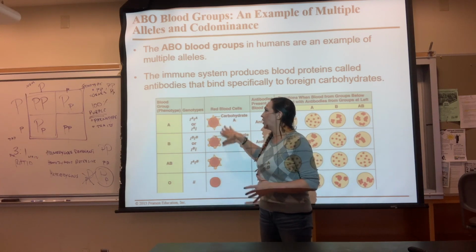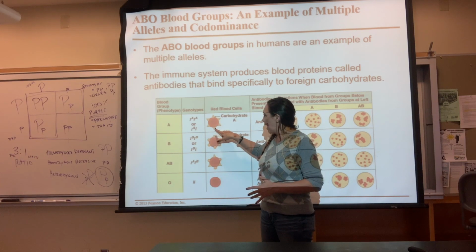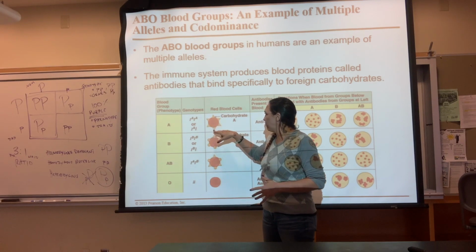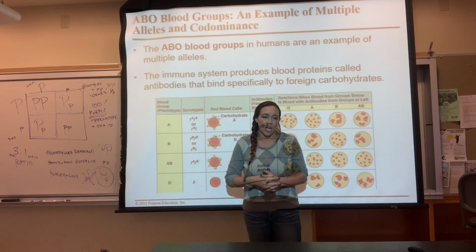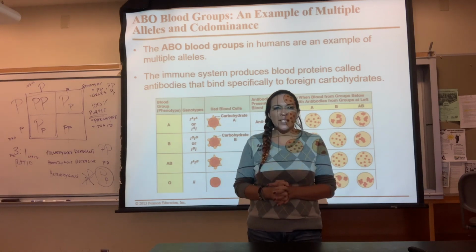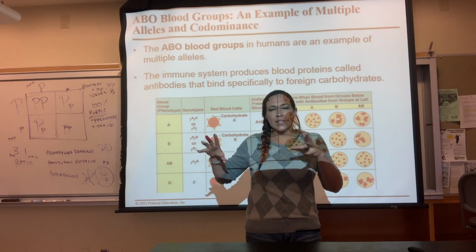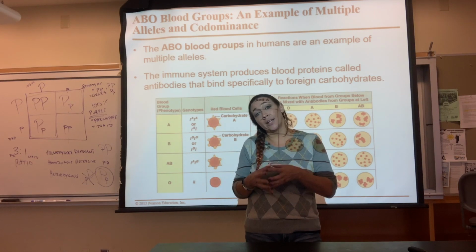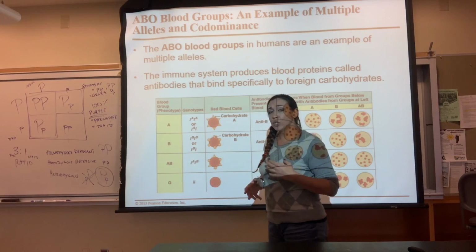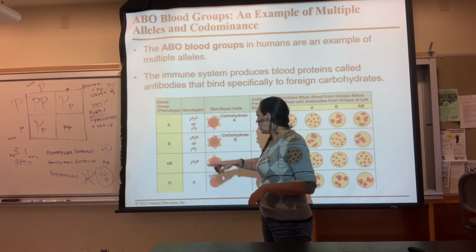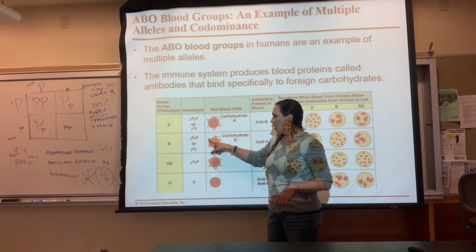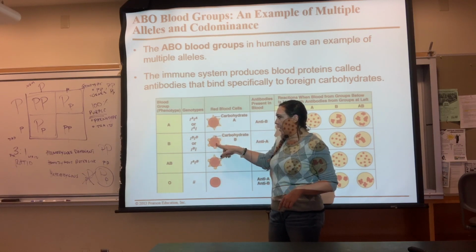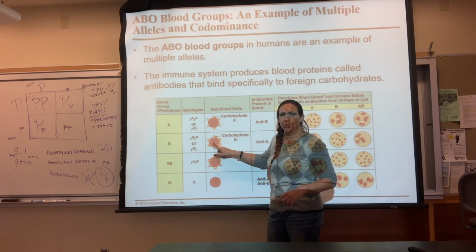So what's happening here is this is your little red blood cell. And you have these little proteins, these little structures on the outside. These little structures on the outside are unique to A, and they're basically like little markers. And so you have these little markers on your red blood cell that say, hey, I'm type A, I only like type A. So if you were to try to get a blood transfusion with, say, type B, it has very different types of structures on the outside of its red blood cell, which means type A and type B are not the same. Your body's not going to recognize type B.